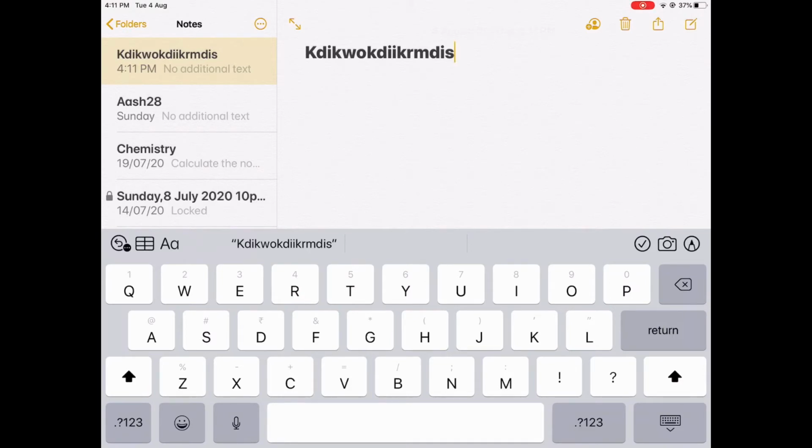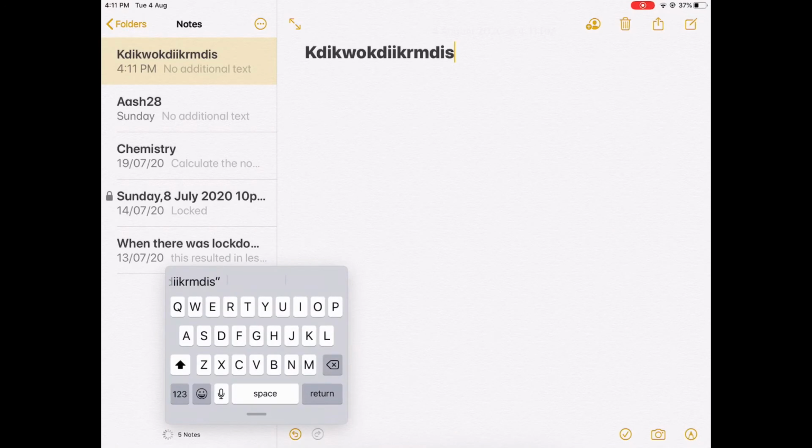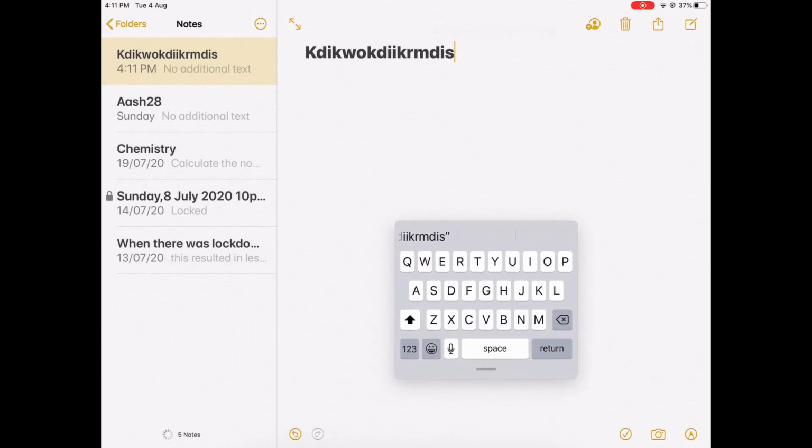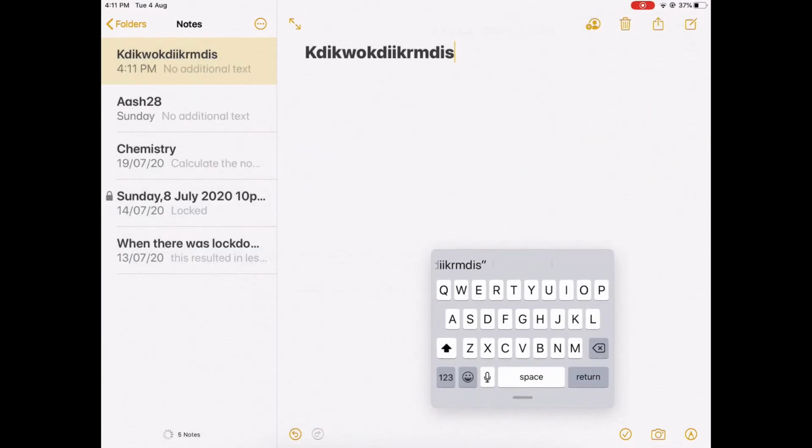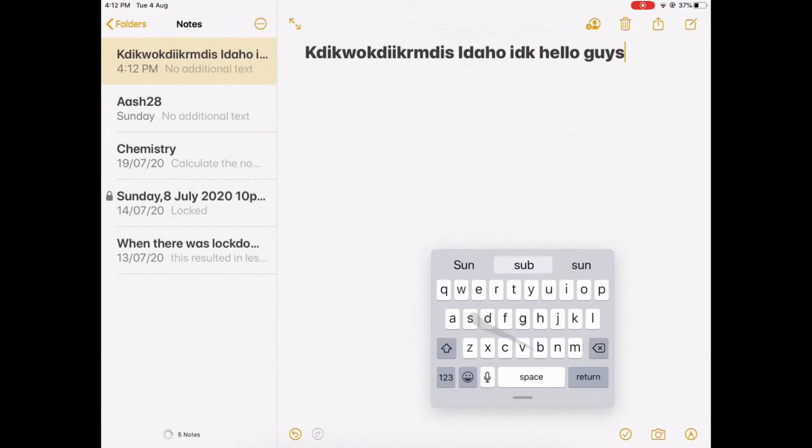If you want to try another type, that is the floating type, that's very useful. I usually type in that keyboard style. This is very handy. You can also move it anywhere on the screen. You can also do swipe typing on it, as you can see. I am doing swipe typing, as you can see here. That's pretty cool. That lets you type much faster. So I think it's good.